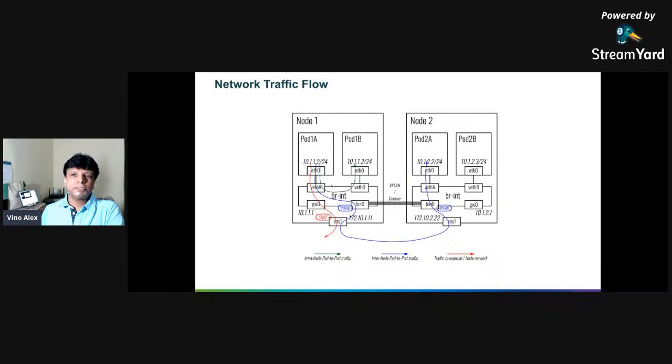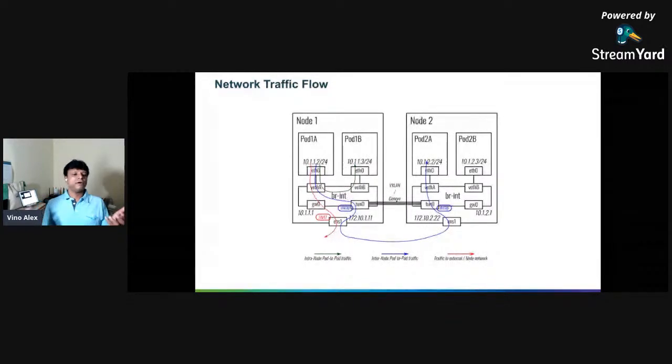The pod will talk with its bridge, and there encapsulation will happen. Encapsulation means, you might have heard this term, the overlay. Overlay is a kind of tunneling mechanism, because you don't have any separate network. You don't need to do any separate network wiring between the nodes. You depend on the existing connectivity between the nodes, and via that existing connectivity it will create a tunnel. So it's a VXLAN or GENEVE kind of tunnel.